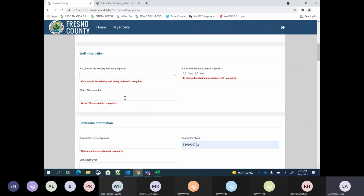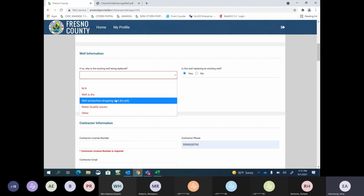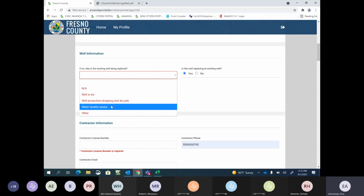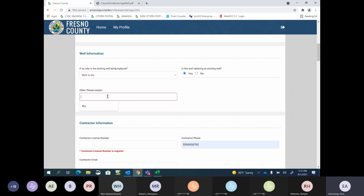So this is a new question as well, but many of you have already been putting them on, as about if the well is replacing an existing well. So you're going to put yes or no here. If it is, we're going to say this is yes. And then it wants to know why it's being replaced. If the well is dry, well production dropping, water quality issues, other, or not applicable. So for this one, we're going to say the well is dry, and